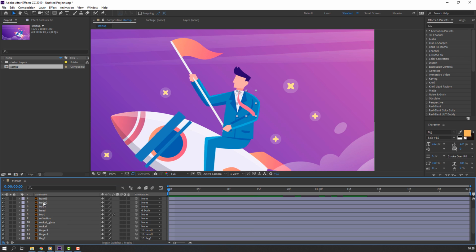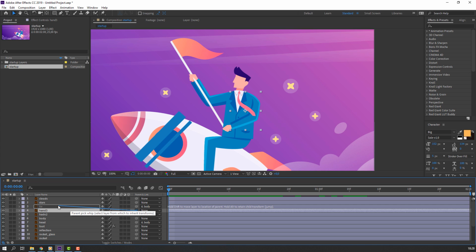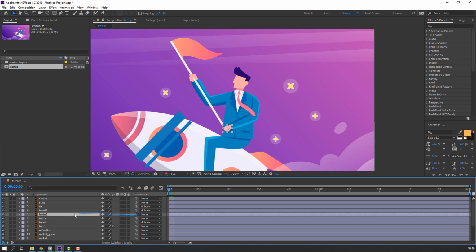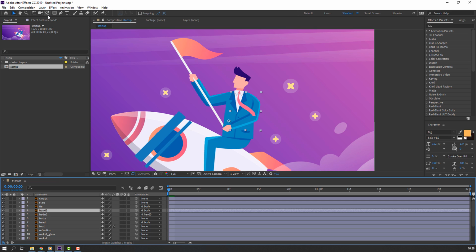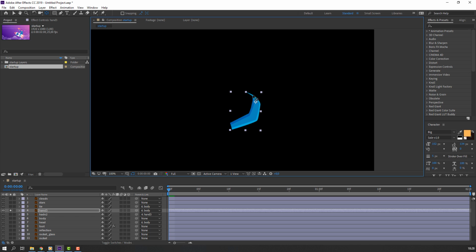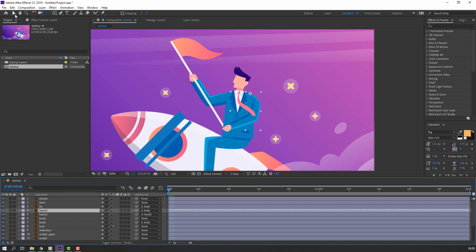Okay, and select hand 3 like this, parent to body and select hand 2, parent to hand 3. Then select hand 3, go to palm behind and move the anchor point here like this and select for vision